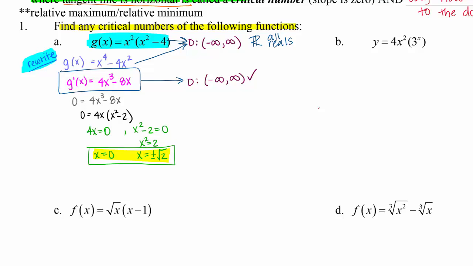So as soon as I find that derivative, I find its domain. If I look, it's still a polynomial curve. Now it's a third degree polynomial, but I still have all reals as my domain. So there are no new restrictions